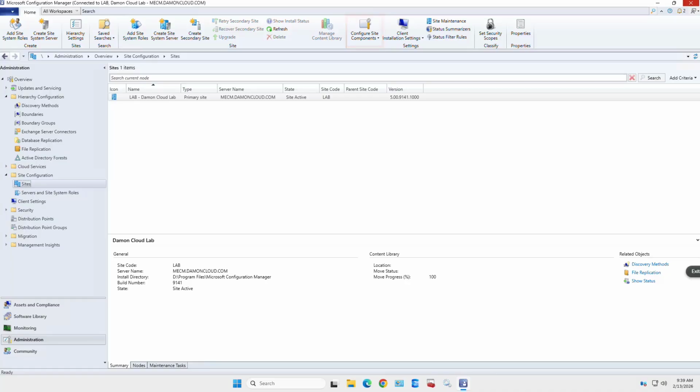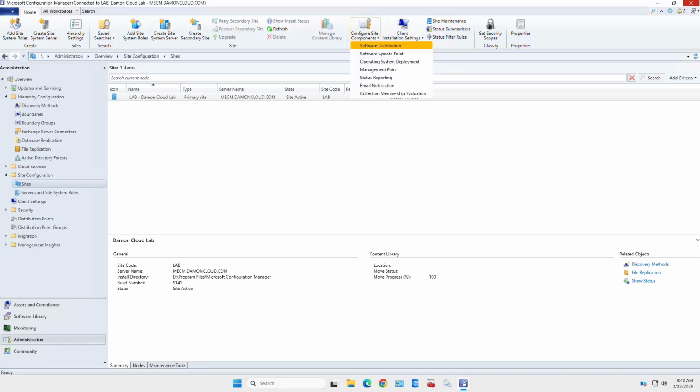Now, some of the things you'll see underneath here, these are basically the roles, the site components. Some of those were already configured during installation, and some of them are so in depth, like the software update point, WSUS configurations, that will show you what options you have, but they're going to be covered in a whole separate video. So taking a look at what we see in here,